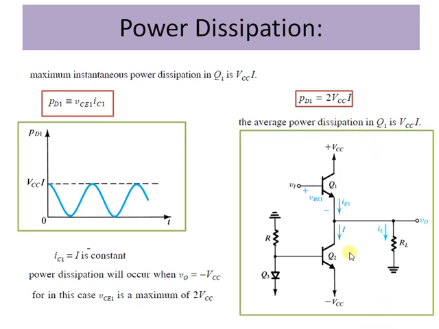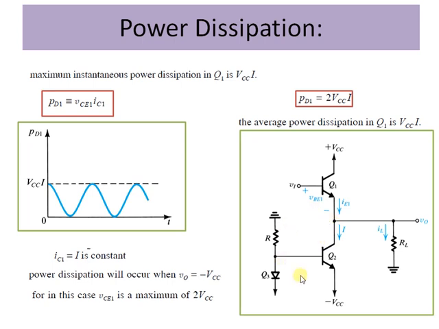When RL is equal to 0, a positive input voltage will result in IL equal to infinity. Practically, a large current will flow through the transistor Q1, and if a short circuit condition occurs, it will result in large power dissipation in Q1, which will raise the junction temperature beyond the specified maximum value, causing the transistor Q1 to burn up. So to guard against such a situation, the output stages are usually equipped with short circuit protection.